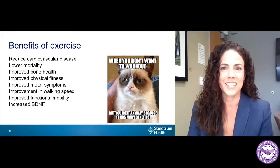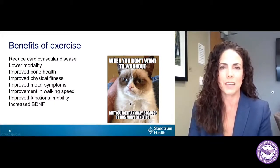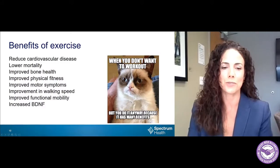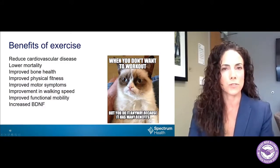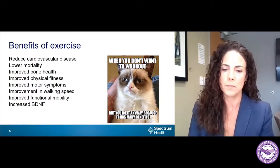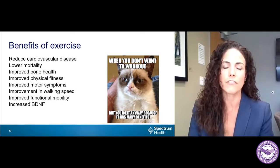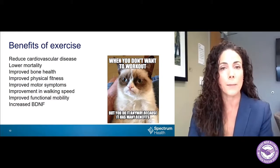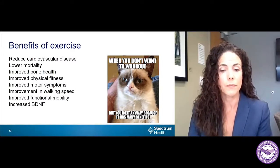Exercise. Now, Grumpy Cat here has it right when you don't want to work out, but you do it anyway because it has many benefits. And that's the truth. Now, much of the research on exercise and movement disorders is on patients with Parkinson's disease and Parkinsonism. There are few limited case studies specifically for patients with MSA, but the incidence of people with MSA is quite small in comparison, and that's why